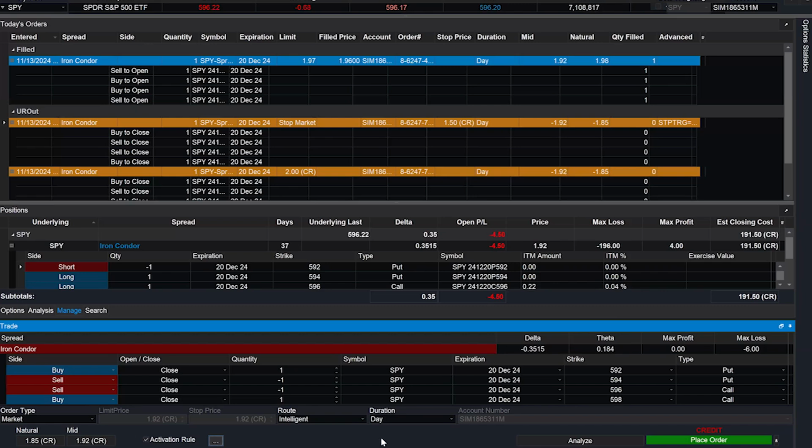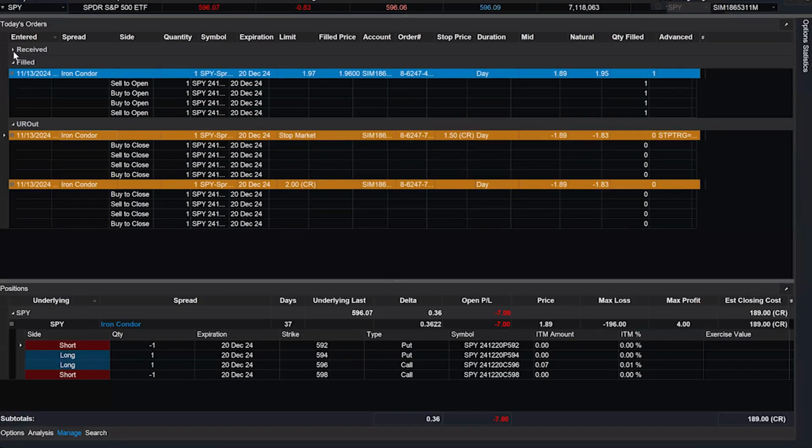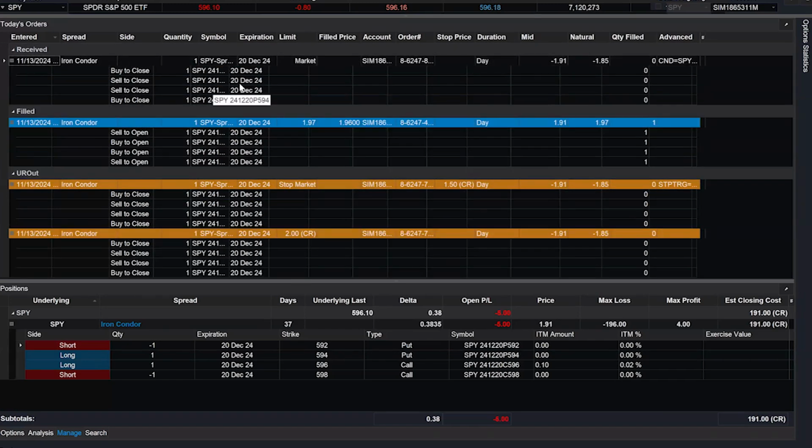I mean, I can try to estimate it, looking at other options values, but I'm just going to set it as a market order. I'm going to place this order and then click on yes. So that's an order right here at the very top that's been received for my iron condor. And it's a market order that hasn't gotten filled because there's two activations that are being monitored. One at a higher price that I selected and put in as 600 and the other at 595,